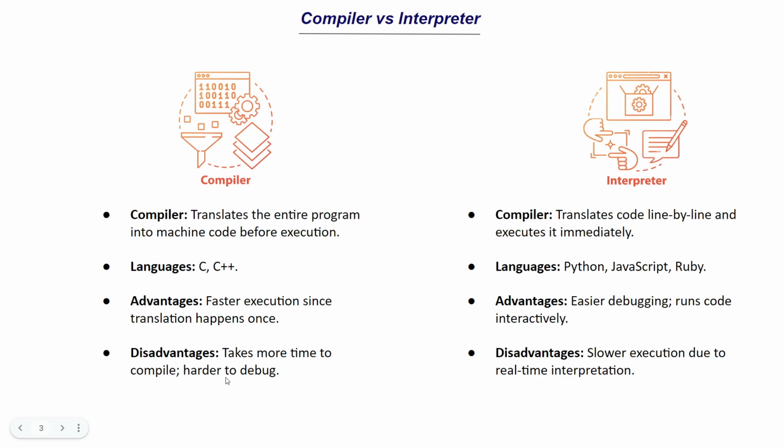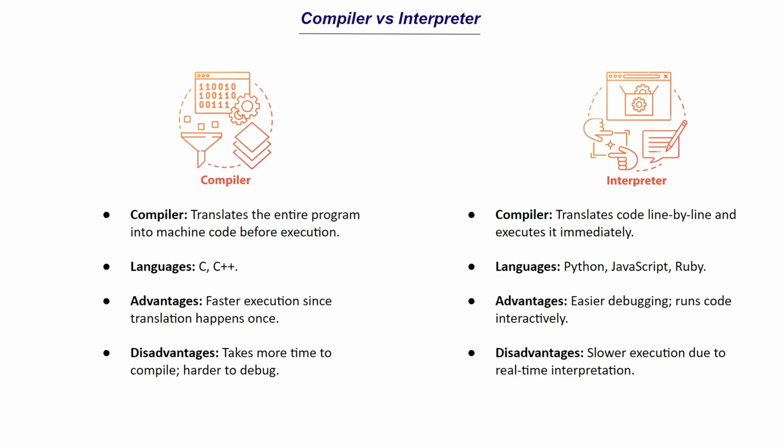And when we talk about the disadvantages, it takes more time to compile. Again, there's a difference between compilation and execution, so that's another intricate detail. But talking about disadvantages, it's going to be harder to debug as well, as the entire thing is processed once, and you need to pay attention to the code that you're writing and the errors that you may face. But in the case of an interpreter, it's easier debugging, as it stops at the point where your code is wrong.